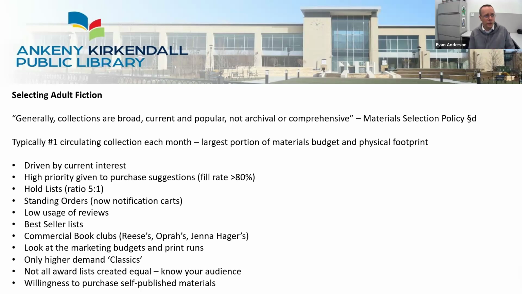Over the years, I've tinkered with a ratio of how many copies we need for however many holds we have. And when I started at Ankeny, the ratio was 9-to-1. And continually the feedback that we get from our patrons, especially with fiction, is the wait list is too long. When a book is popular, people want to read it, and popularity drops off very quickly for most fiction. Now there are some examples, like Where the Crawdads Sing stayed popular at my library for like 3 years, but for the most part, within 6 months, people have moved on.